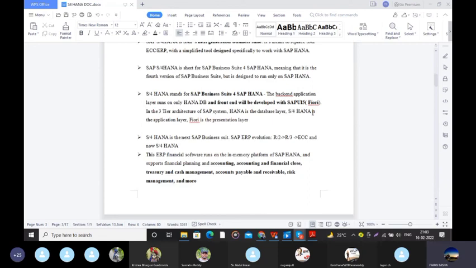The backend application layer runs only on the HANA database, as we have already come across this topic, and the front end is developed with SAP UI5 Fiori. So we have a good knowledge of three-tier architecture. In the three-tier